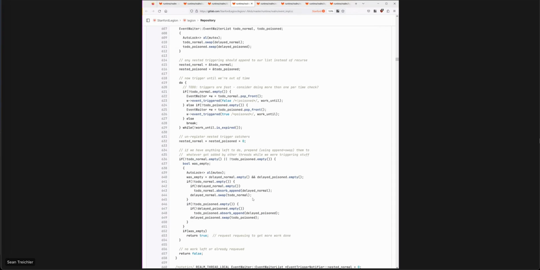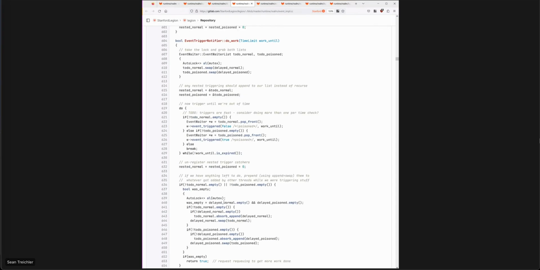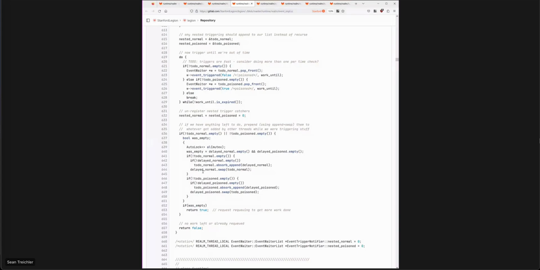The last thing to note here is that do work actually returns a Boolean. So instead of at the end here where we go add stuff back, we actually, there's another reason why we don't requeue the work here I should talk about in a moment. But we do the same thing, right? When we add whatever events we didn't trigger back to the list, we check to see if we were empty. If we went from idle, from empty back to full, then we want to make sure we re-enqueue ourselves. Instead of calling make active, though, we actually just return true or false from the